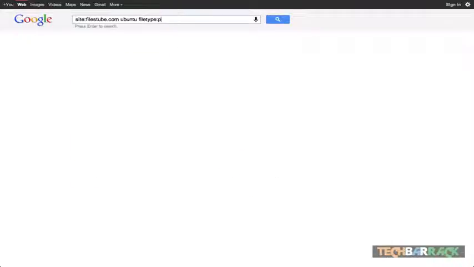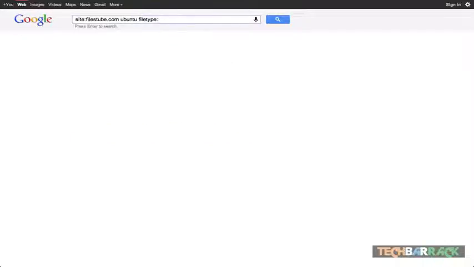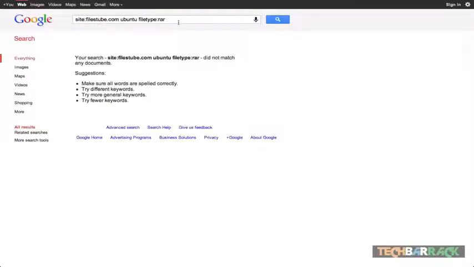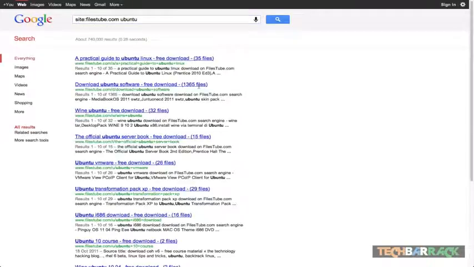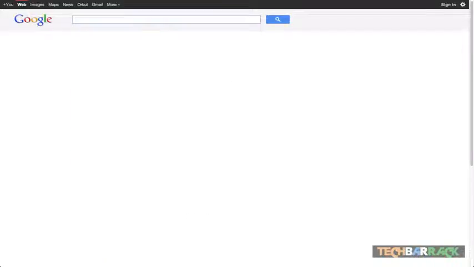Or I can search for ISO if I want the OS. Okay, but there is no Ubuntu ISO file type that it's returning. We can even try RAR. Okay, still no results, but you can search for it and try modifying your results to get much more accurate results, once again. Okay, so the final thing that I want to teach, the last technique in these Google search techniques,